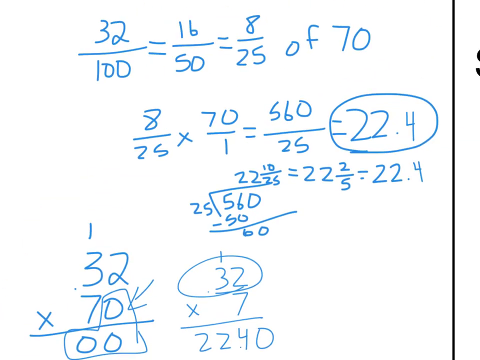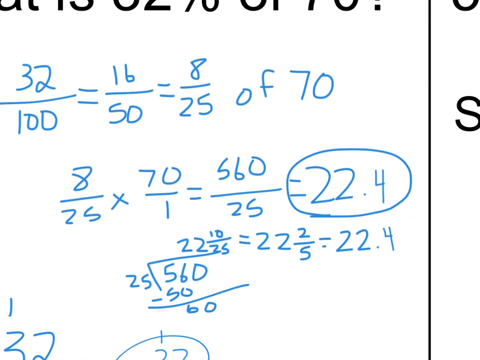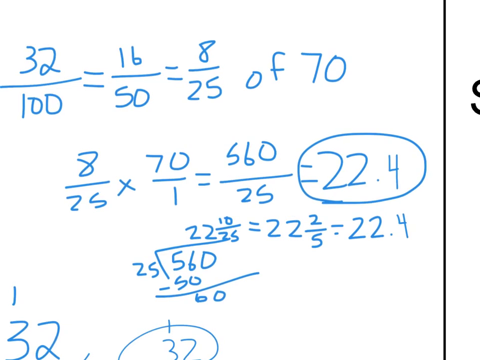So for those who like fractions, I'm a big fraction fan. I know there's not a lot of you out there, but I do want to go over it. So 32 hundredths is 32%. You with me? Look right here. All right. And if you simplify this, I always like to simplify because smaller numbers are easier to work with. Divide them by 2, you get 16/50ths. Divide that by 2, you get 8/25ths. I'm in simplest form. So 32% is 8/25ths of 70. So now I do 8/25ths times 70, and I'm going to get